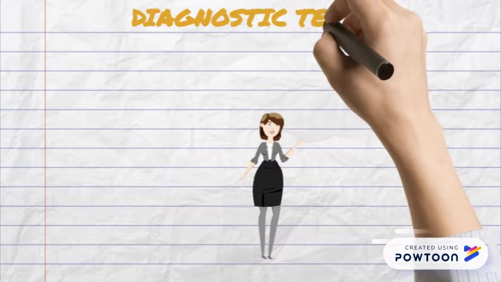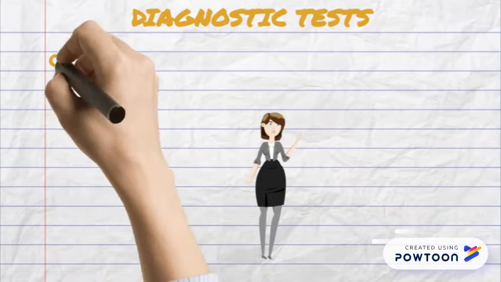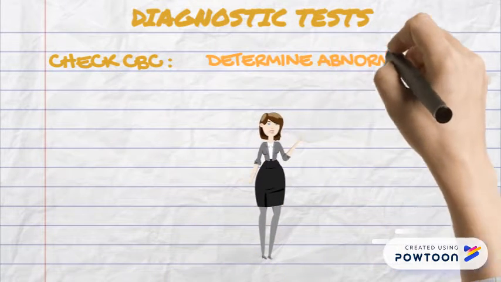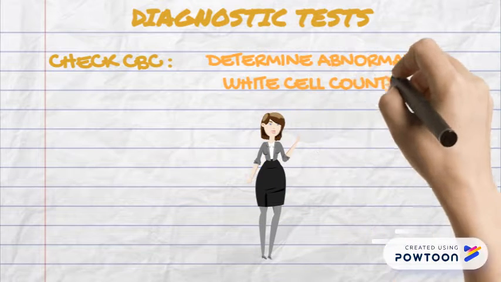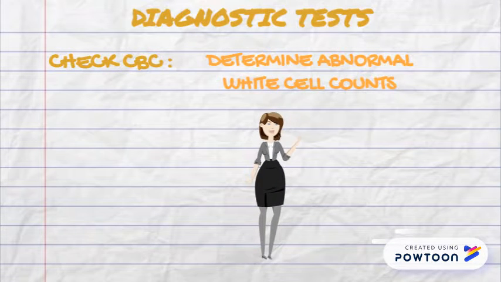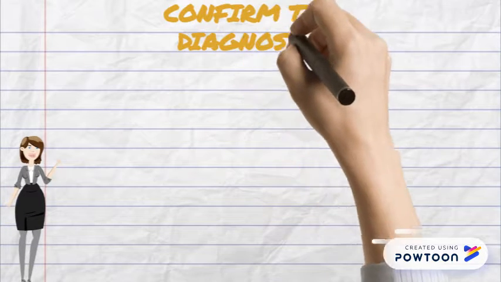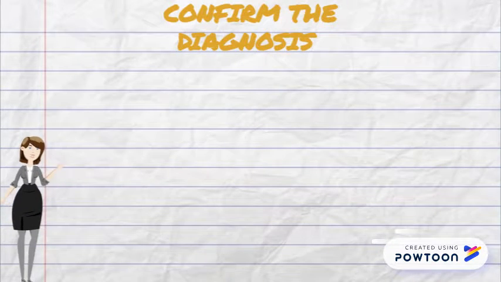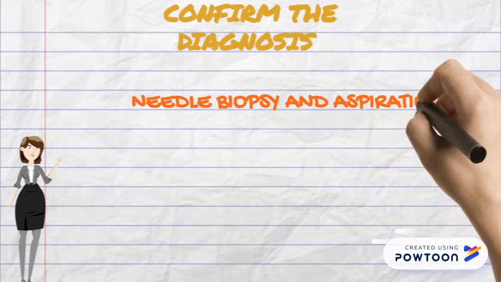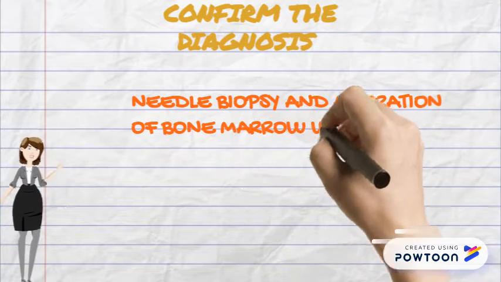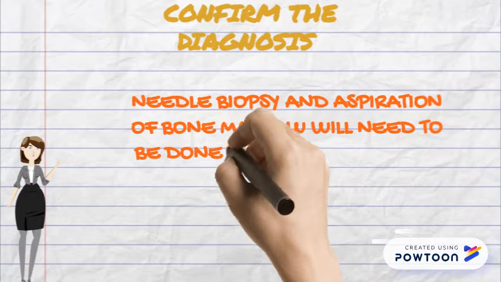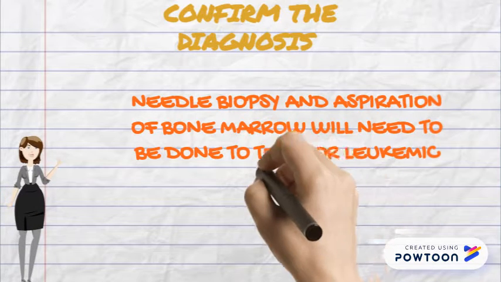Diagnostic tests for leukemia include a complete blood count to determine abnormal white cell counts that may suggest the diagnosis. To confirm the diagnosis and identify the specific type of leukemia, a needle biopsy and aspiration of bone marrow will need to be done to test for leukemic cells, DNA markers, and chromosomal changes in